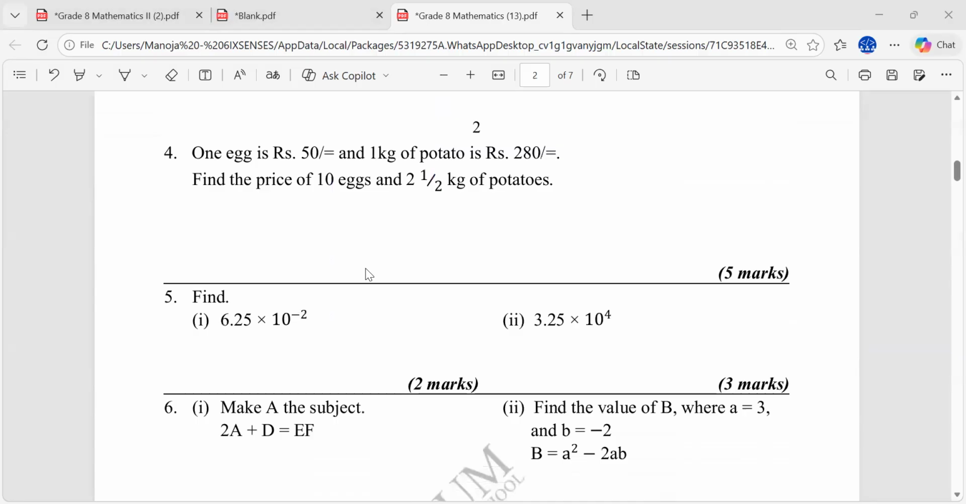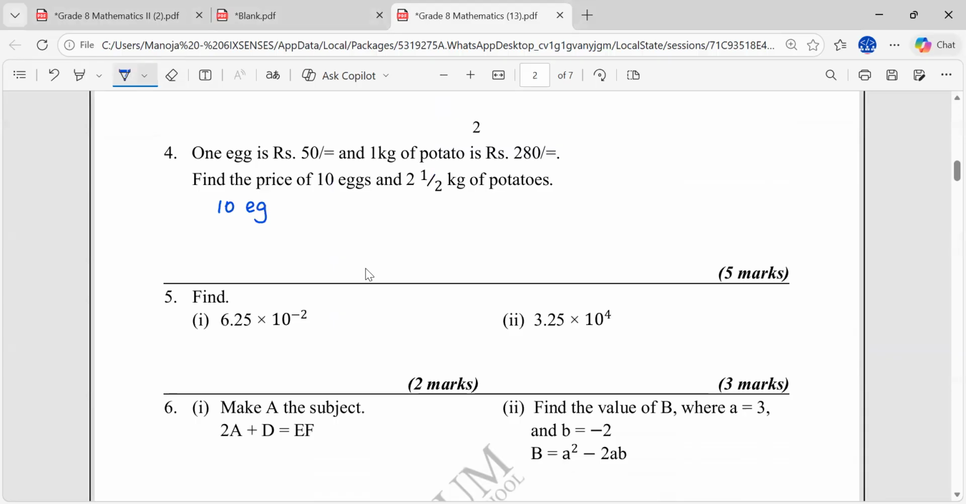1 egg is 50 rupees and 1 kilogram of potatoes is 280. Find the price of 10 eggs. So first you find the price of 10 eggs. How do you do that? It is 10 into 50, which is equal to 500. And then you want to get the price of